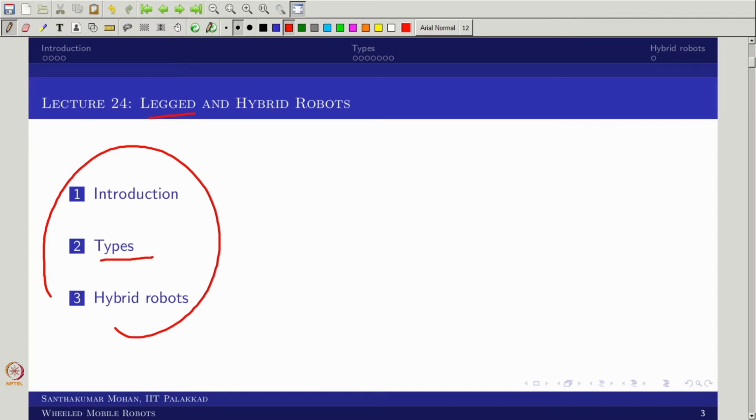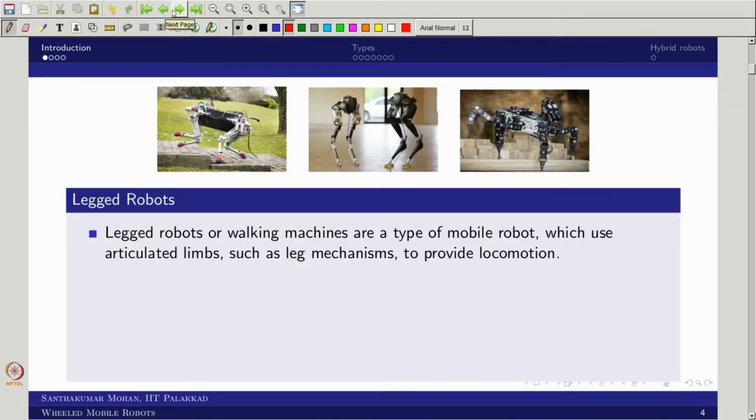That is what we are seeing in a lighter way, and I am saying it is a very light way, we will see how that goes. So in that sense, what is a legged robot? A legged robot is what we generally call a walking machine. It is based on legged locomotion, so we have an artificial limb that acts as the locomotive device. For example, you can see here it is a four-leg locomotion, here a 2-leg locomotion, and this one is 6-leg.